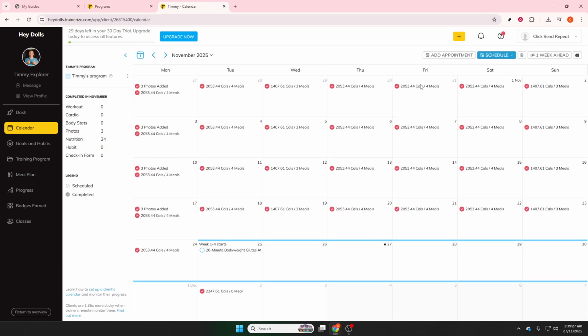If you need to adjust anything, open the scheduled item to edit or delete it. Changes will sync to the client automatically. Repeat this process for each training day. Continue until week 1 is complete. The full program structure is in place, and all required lifts, cardio sessions, and habits are covered. Building in this order helps